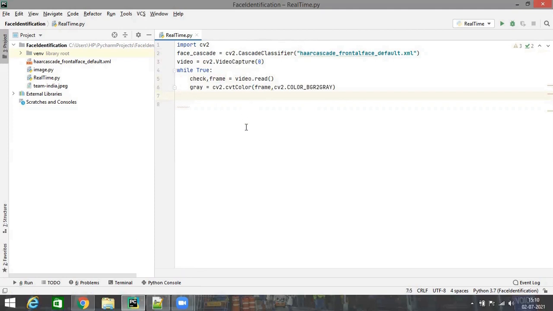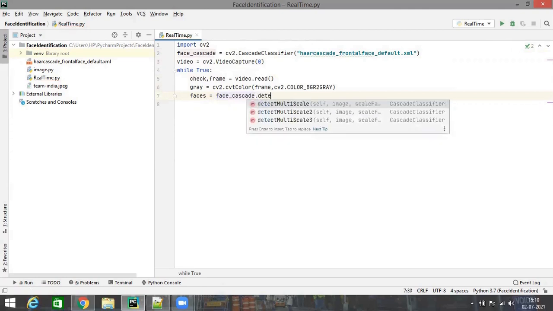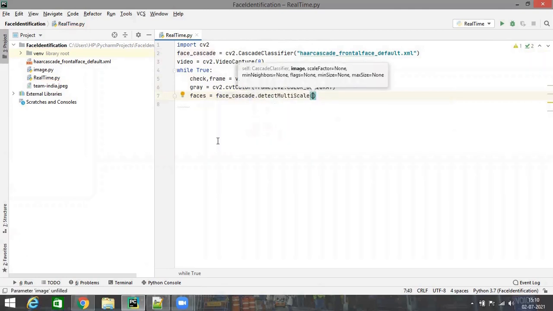So in order to detect the face features in the given frame, I'll have to invoke a method which is known as detectMultiScale, and I will invoke it on the face cascade object I have created. Now this detectMultiScale method will take 3 different arguments. The first argument is going to be the frame in which I want to detect the face. So let us pass the grayscale image, because obviously the gray channel will be less intensive in terms of computation and easy to process because it consists of only a single channel, right?